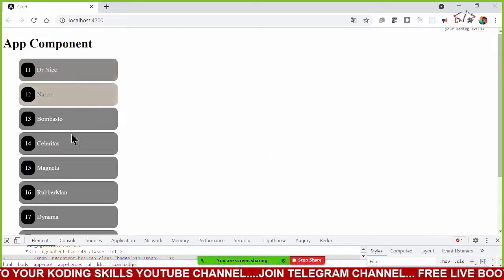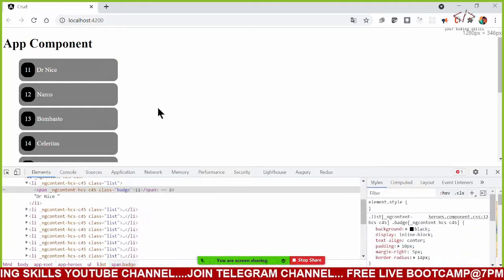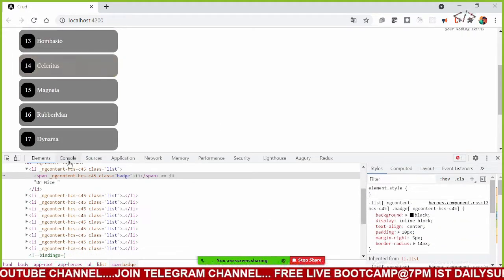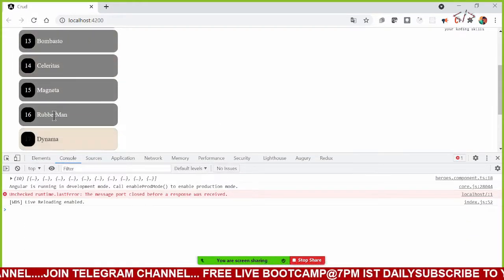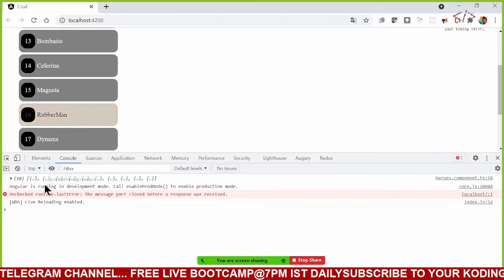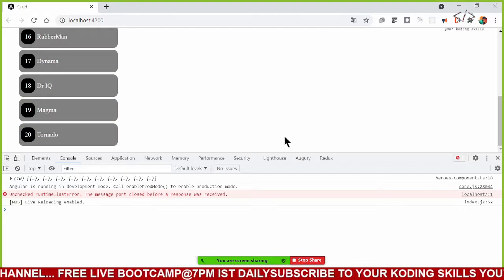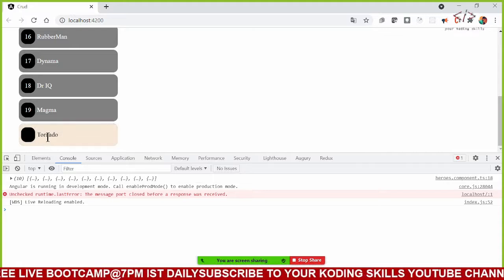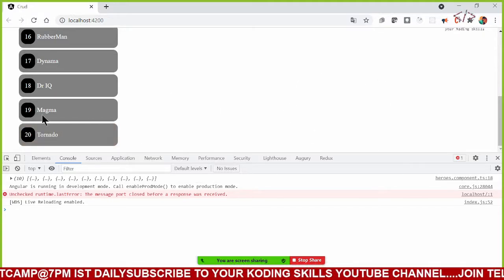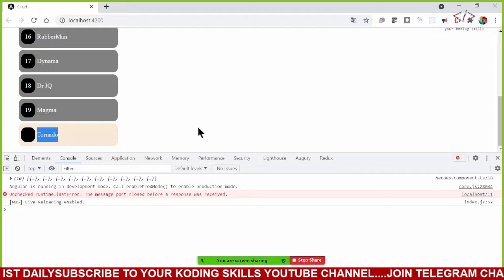Now the next one is, how do you show what has been selected? I want to select these places. If I select Rubber Man, I have to see a UI which gives details about Rubber Man. If I click on Tornado, I have to see a UI which gives the ID of 20 and name as Tornado.